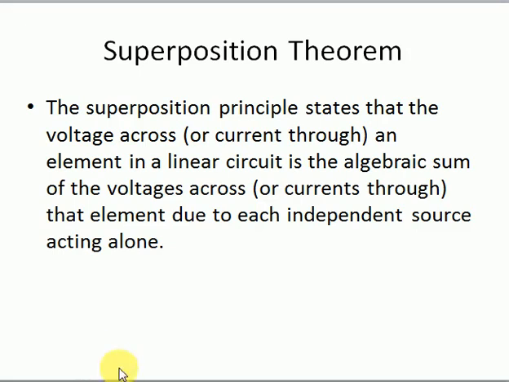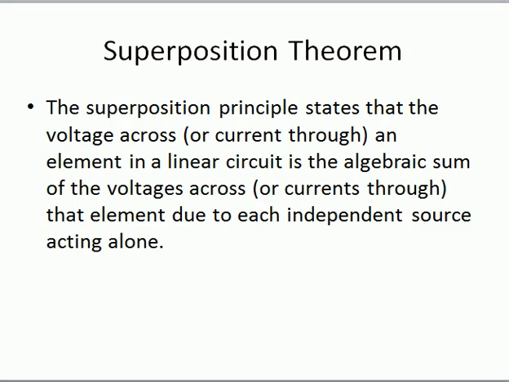So what is meant by this statement? Before explaining this, I will discuss the theorem. While I discuss it, I will talk about the voltage as well as the current, but I will mainly focus on the voltage. In this theorem, the foremost thing is the linear circuit, that is, the linearity property exists here, and it tells us that the voltage and the current have a direct, linear relationship.